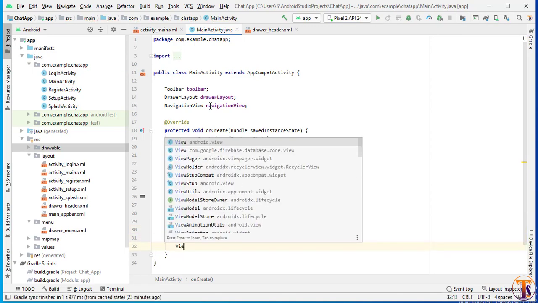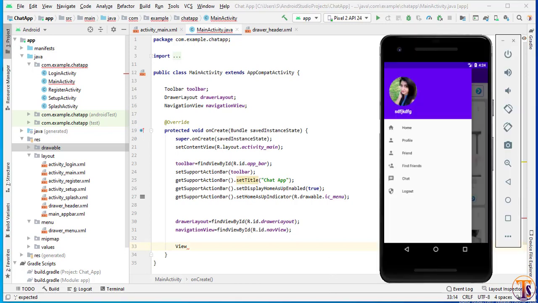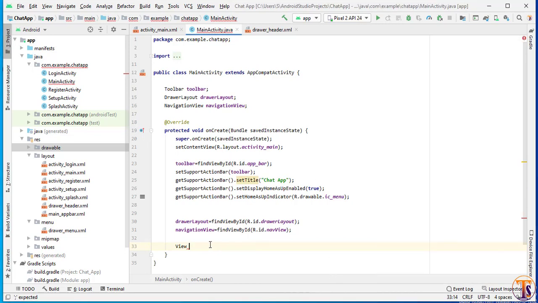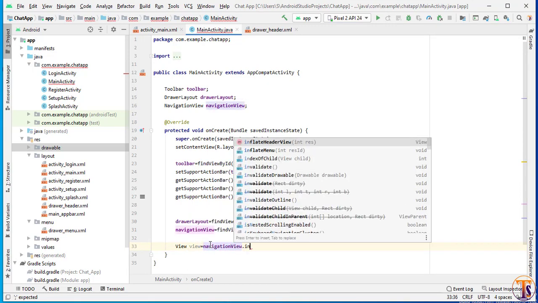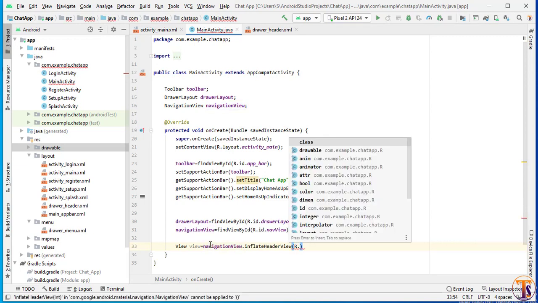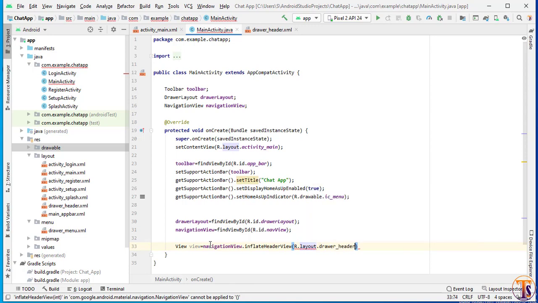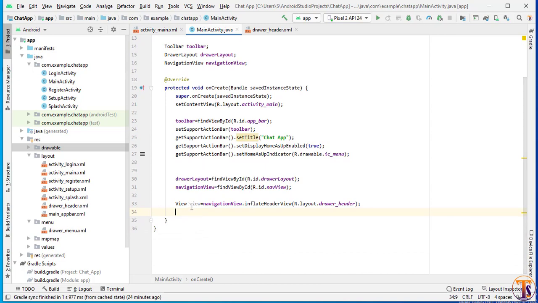Okay, now we will create here a view because we have to access the data of the header. So view equal to navigationView.inflateHeaderView R.layout.drawer header. Okay, now by using this object we can access our header.